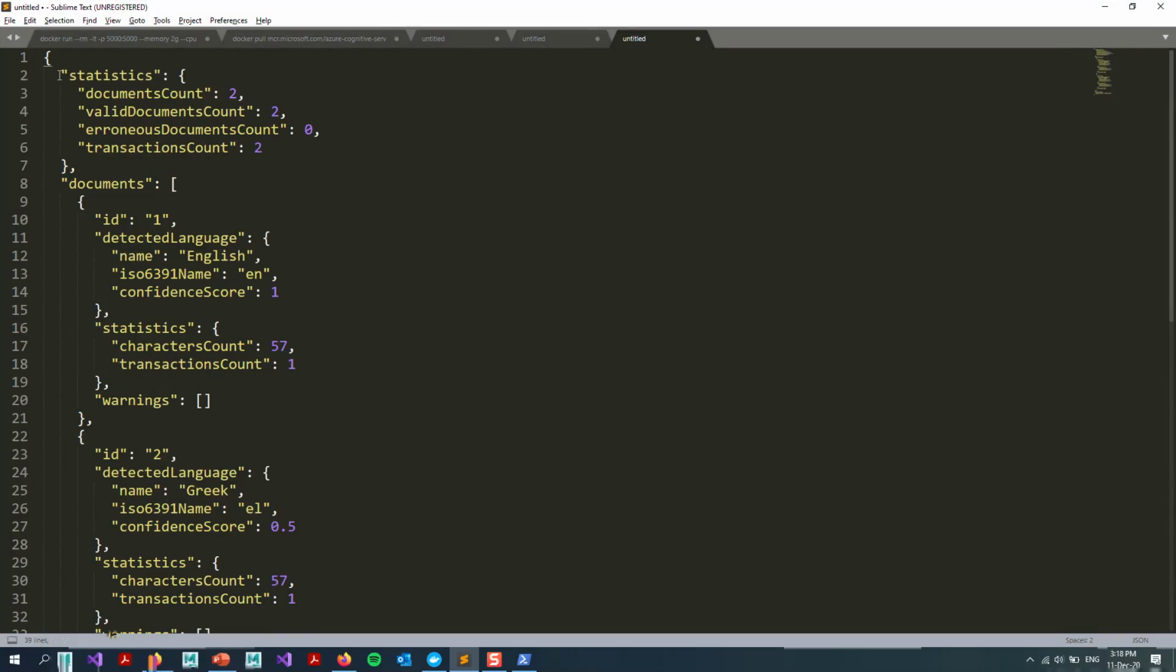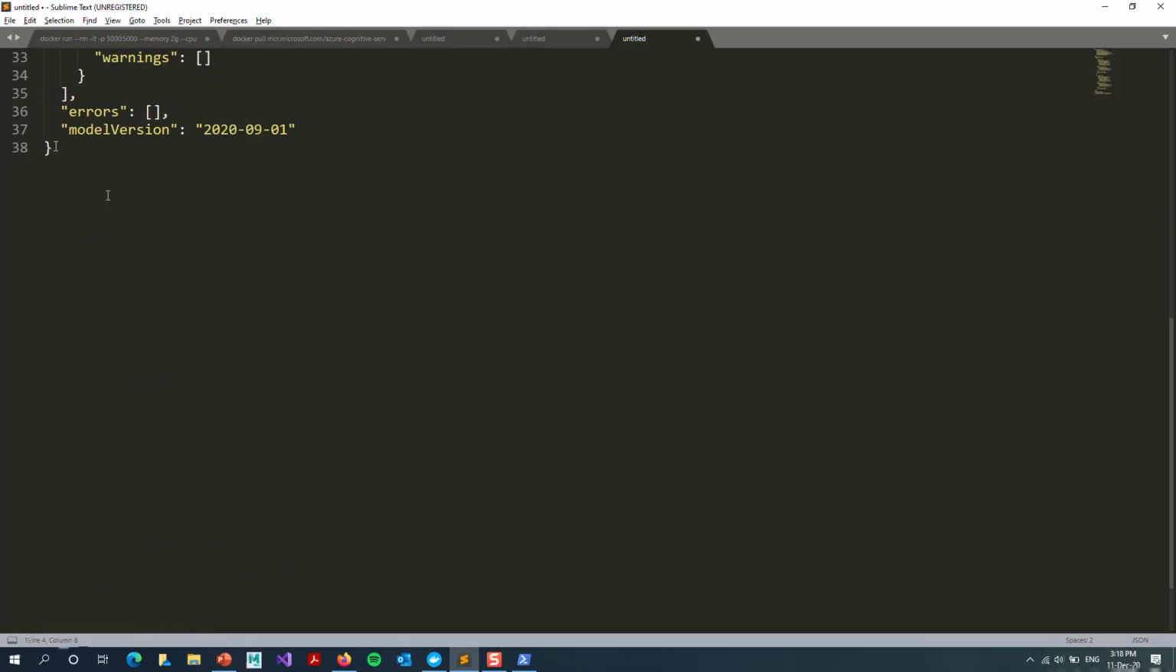Because I put the statistics value to true, I have some statistics. For example, how many document counts we have, how many valid documents. You can put something that is not valid, and it will throw an error. The errors can be seen in the end. It will inform you of the errors, and you can actually see the model version it has used to generate